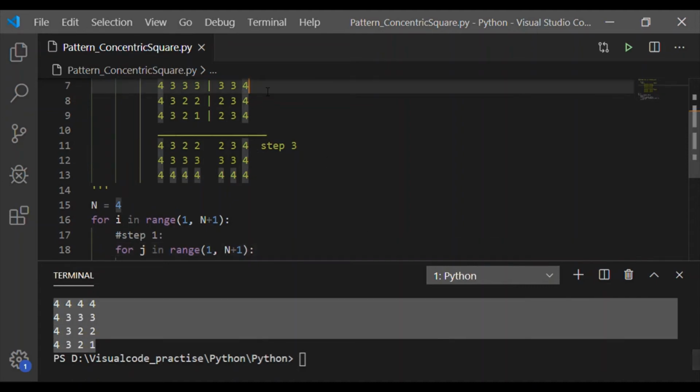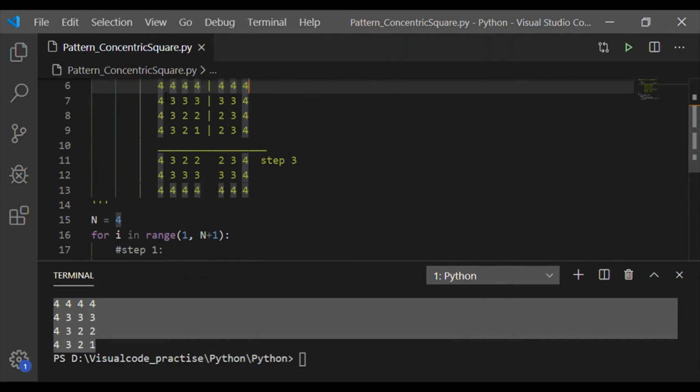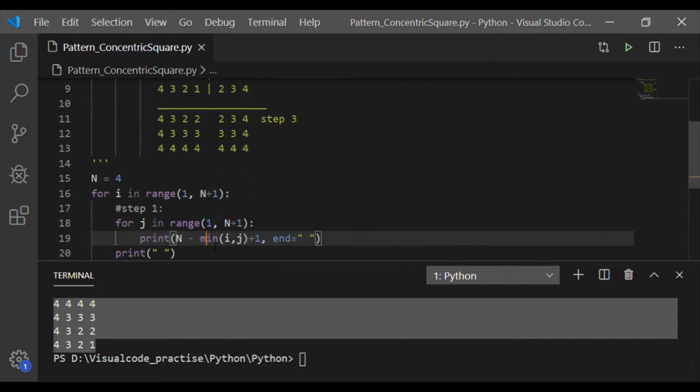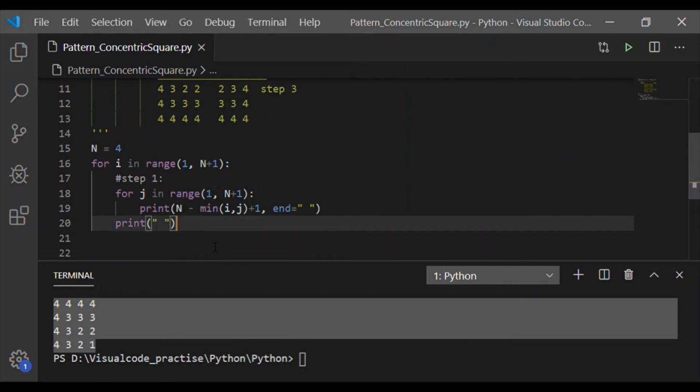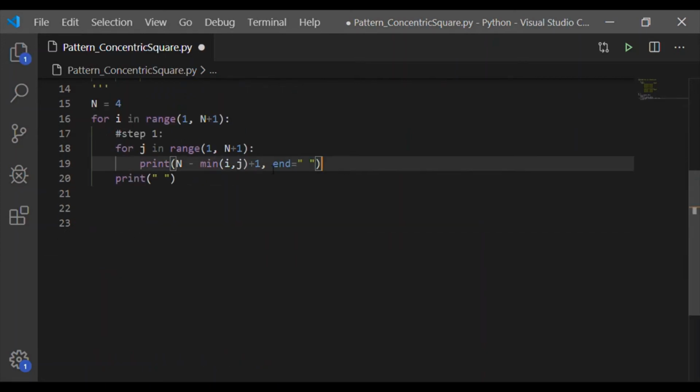Now to have step 2 with our logic, we have to extend only the columns, the row remaining the same. So for the same row, we have to extend the columns.